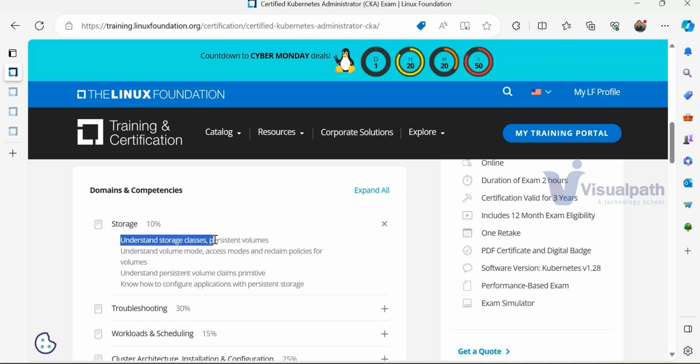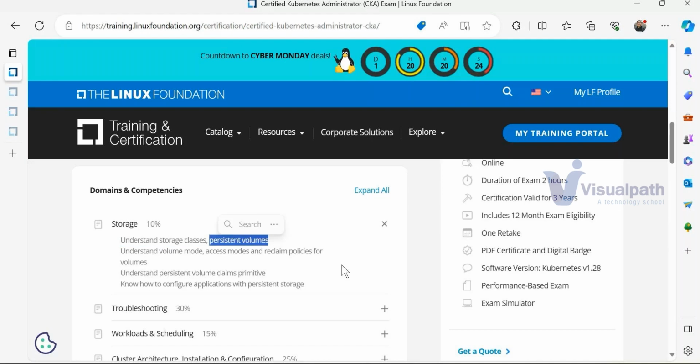There are various classes. Classes mean there are so many options available for keeping the data: SSD, encryption, decryption, data transmission, all that. But basically it's data storage. So we have to create the storage. In Kubernetes terms, we call it a persistent volume. Where we put all our data, we say volume. We create our volume. A volume is nothing but a hard disk.